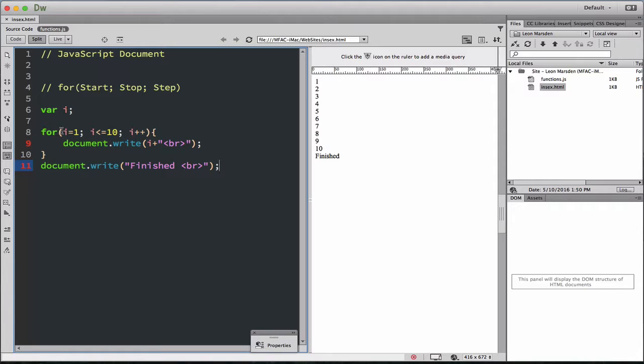Let's step through. i is 1. Is i less than or equal to 10? Yes it is. So document.write writes i with a break. So it puts 1 on screen. Then it increments the step. So i++ is the same as, and I'll just put a little comment just over here, so we can do this. We can go i++,